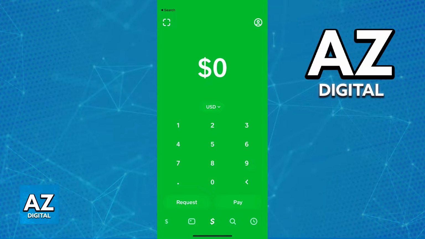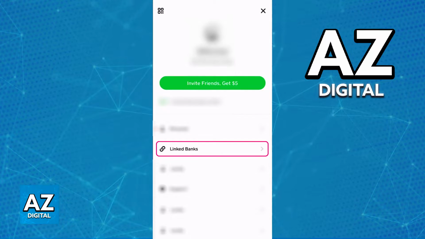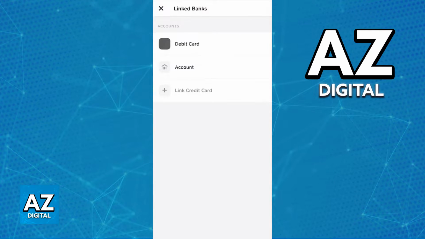So inside of the latest version of Cash App, make sure that you are signed into the account where you want to link the card, and from the home screen, tap on your icon located at the top right. When you tap on the user icon, you will be able to see all of the information about your account, and if you scroll down into all of the categories, one of them is going to be linked banks. As the name suggests, this is where you can manage all of the external bank accounts and also debit or credit cards linked to Cash App.